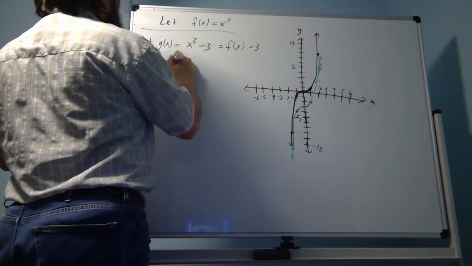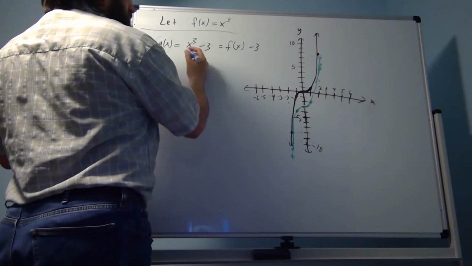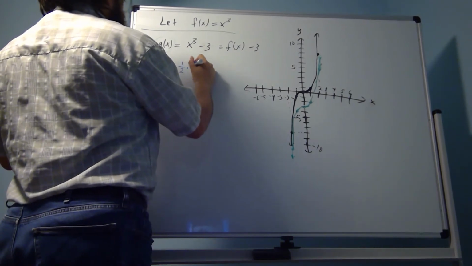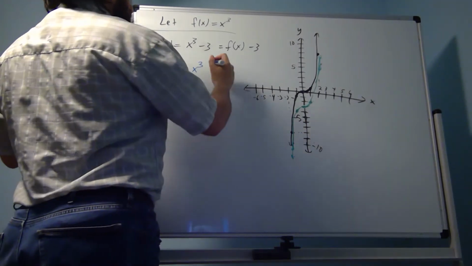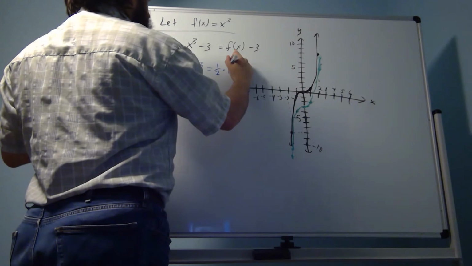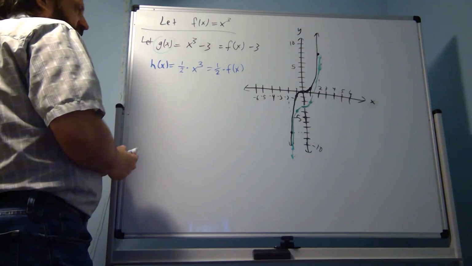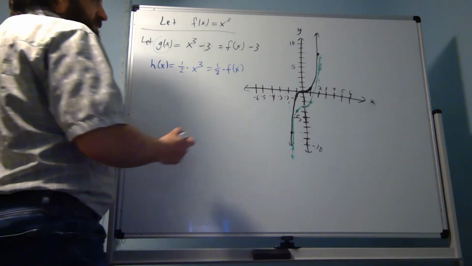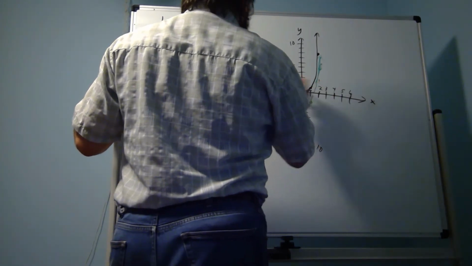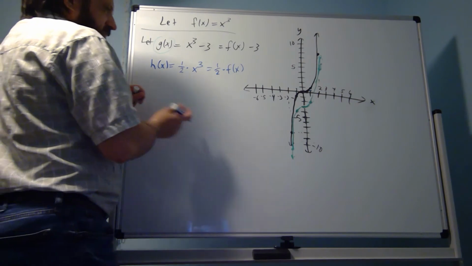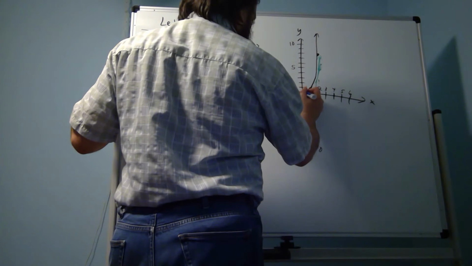We can call this next one h of x is equal to, well, what happens? Well, that's a constant times f of x. The rule is if you multiply by a constant on the outside of the function f, then you're just multiplying. You stretch by 1/2, which is the same thing as shrinking. So a stretch by a fraction is,